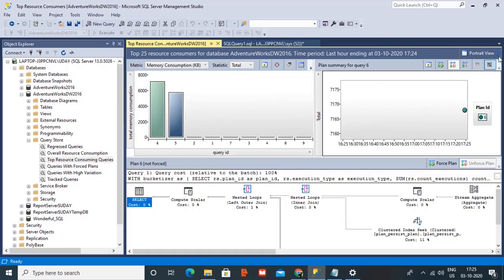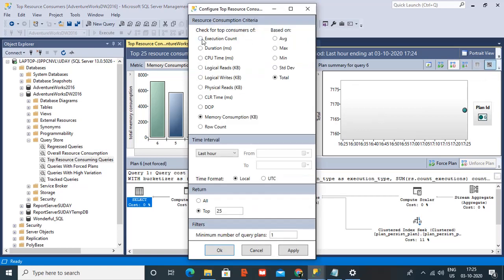We can also adjust the time period for which you want to analyze the query execution statistics. If you go here, you can click on Configure. Currently we are checking for memory consumption, whatever we have seen here.